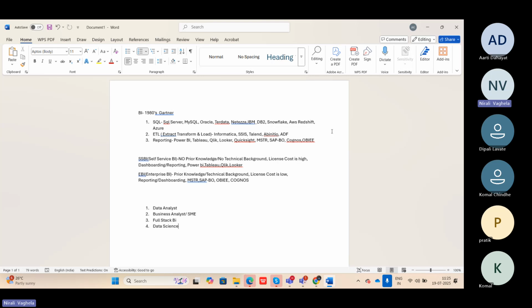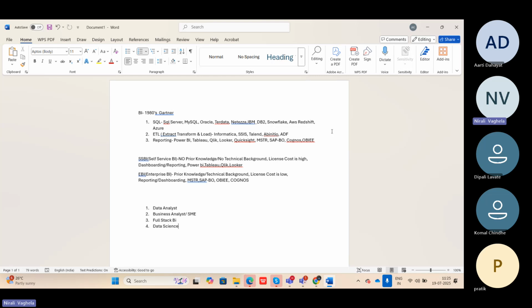But SQL developers are mainly responsible for creating a database and creating tables. That kind of activity is done by the database team. At the end of the day, we will be consuming data from one database only. These are the DBAs, the database administrators. That person will decide, for a particular table or database, whom I should grant access to, unless I am working as a reporting developer or as an ETL developer.